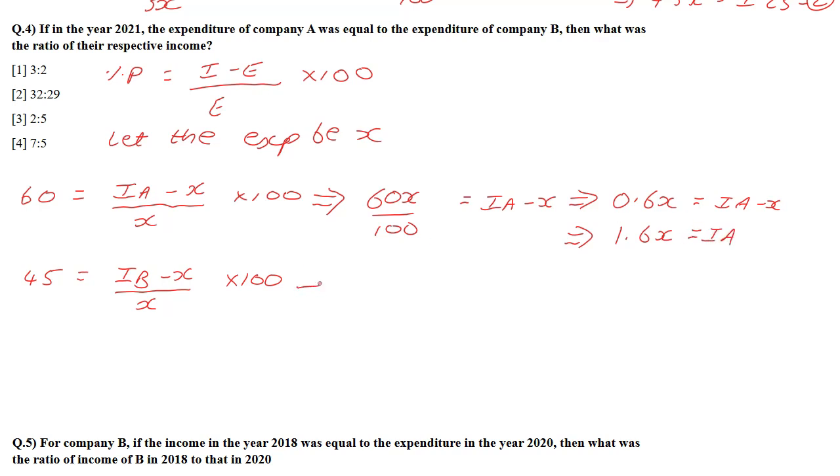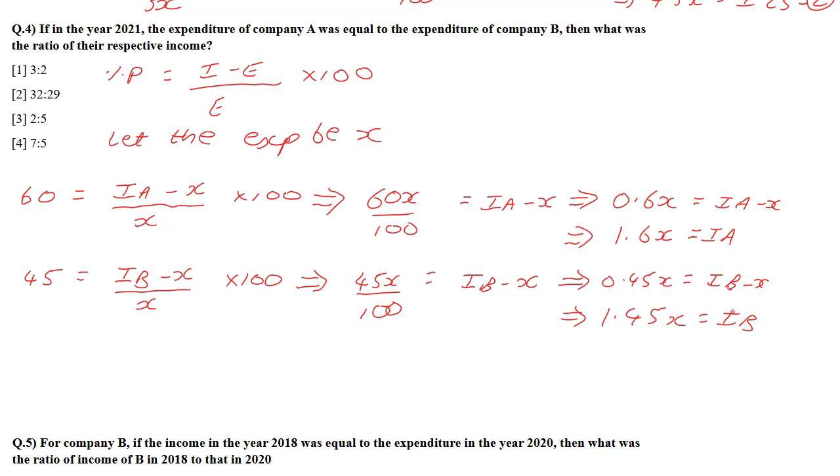Now we repeat the same process over here, where we say 45x upon 100. We put x on top, we put 100 down. 45x upon 100 is equal to income of B minus X, further implying 0.45x is equal to IB minus X. Now I can simplify that further, where X subtraction goes that side and becomes addition. So 1.45x is equal to income of B. Now the question is,